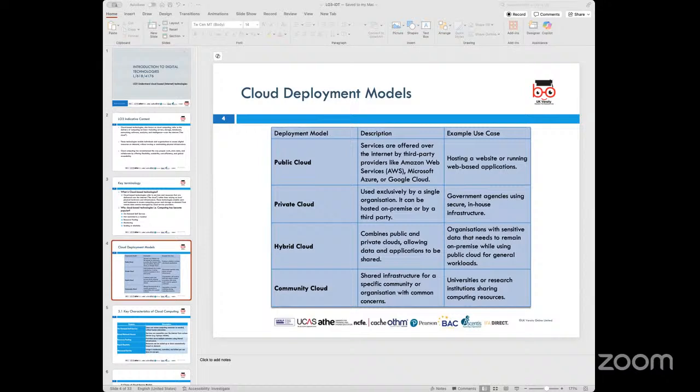So in such cases, sensitive data related to pricing, inventory, or for example, bill of material cost and other bits related to invoicing, which could be offered on the cloud, maybe the finance and administration department would have access to it only. It could be a combination of public and private cloud, and that would be called hybrid. And then you have a community cloud, shared infrastructure for specific community organizations with common concern.